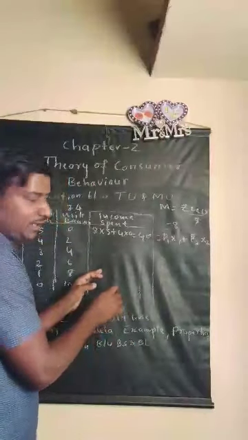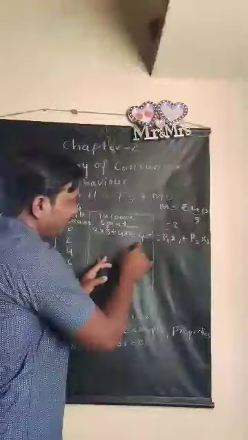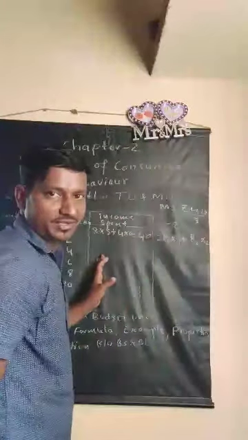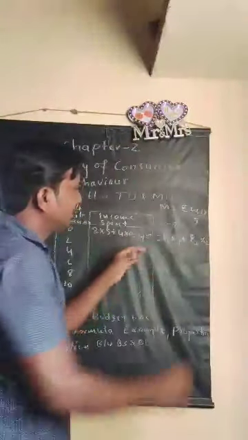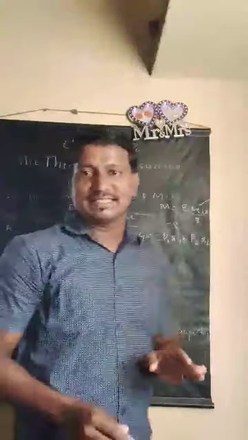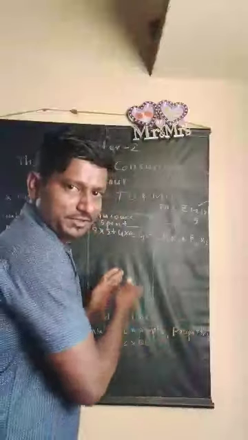See, now it equals 40. How does it come to 40? 8 fives are 40. 4 into 0 is 0. 0 plus 40 equals 40 only. Right? Our income was 40 and we spent 40, and this is how both are the same. This is how we'll look into this table.